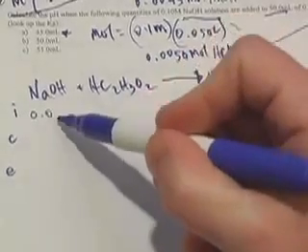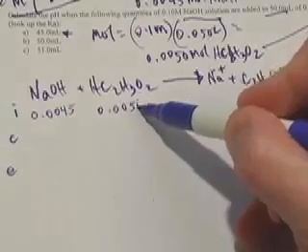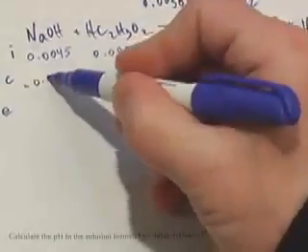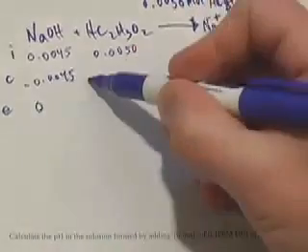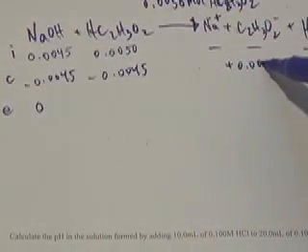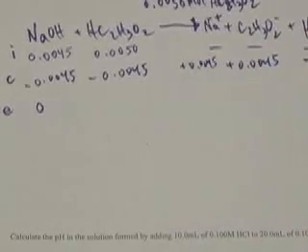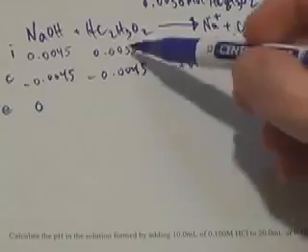So we're told that we have 0.0045 moles of this and 0.0050 moles of this. None of these things to start with. Now look at which one's the smallest, and of course the smallest one is the one that's going to be used up. So we'll lose 0.0045, end up with none here. We'll lose 0.0045 here. We'll gain 0.0045 here, gain 0.0045 here, and of course water we're not going to be concerned about. And so we end up with